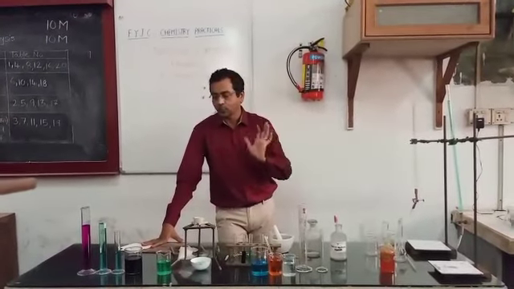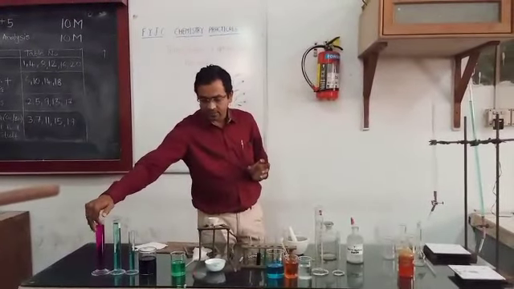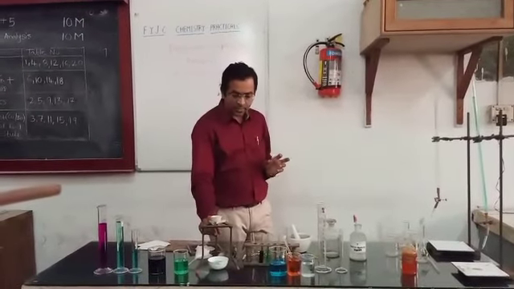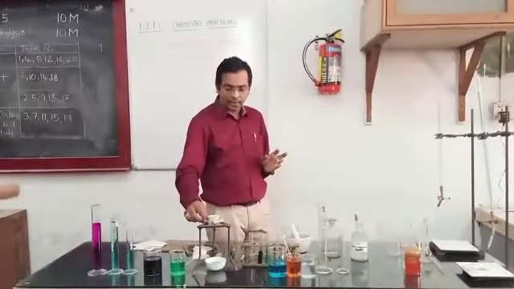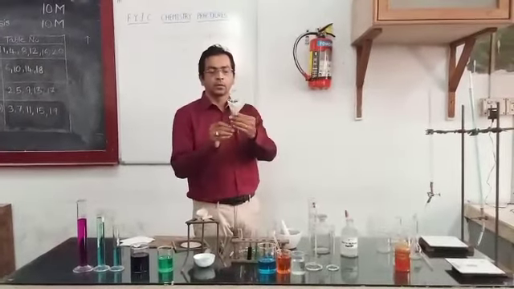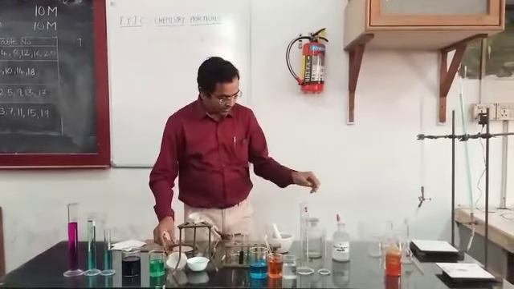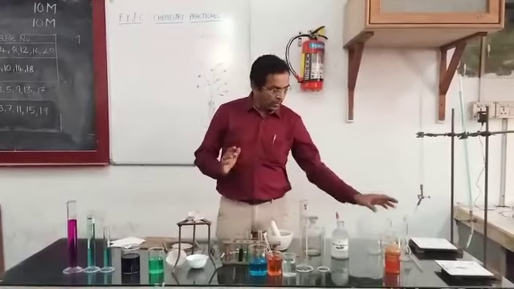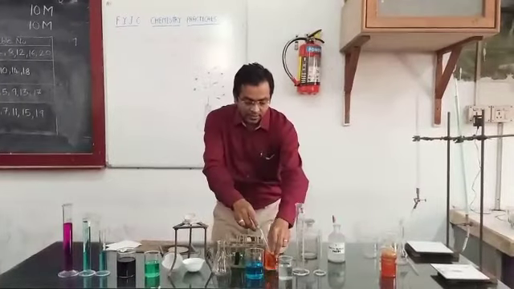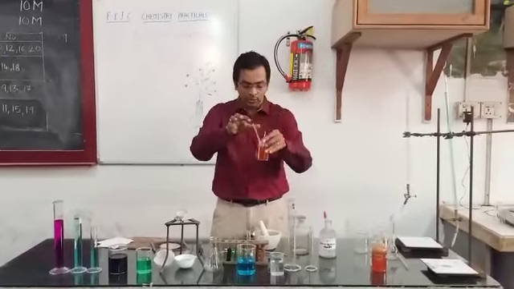So we'll revise what we did in a few seconds. I told you what we use. This is a cylinder. Then this is our beaker. Then this is a tripod stand. This is a clay triangle. This is a crucible. Then I have a conical funnel, then this is a conical flask, then this is a rod which is used for mixing the solutions,